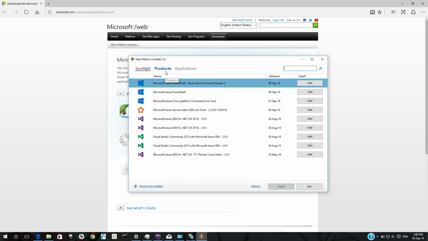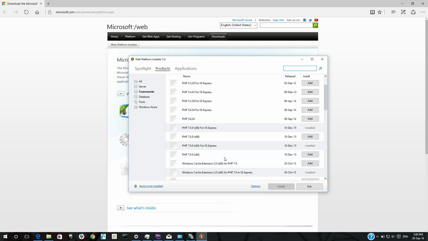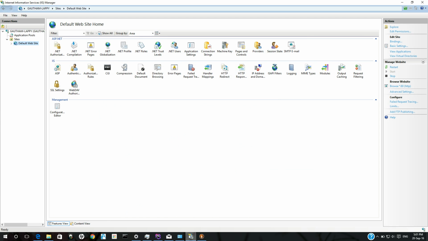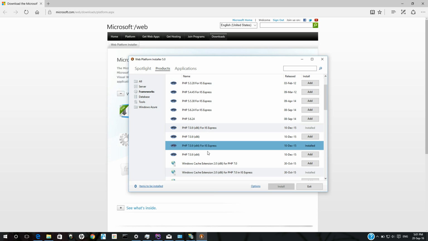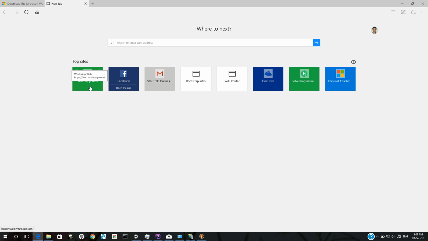Now, once it opens, go to products and go to frameworks and choose the latest version of PHP. Make sure it's the PHP latest version followed by for IIS Express. Click add and install. I have already done that. So once you install PHP using this method, you can just open your browser and go to